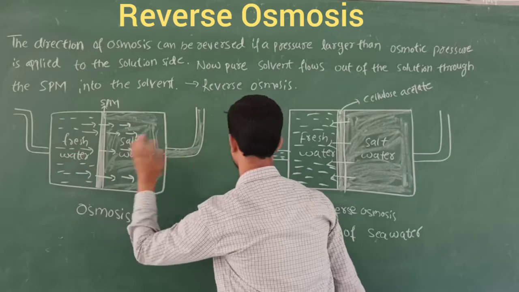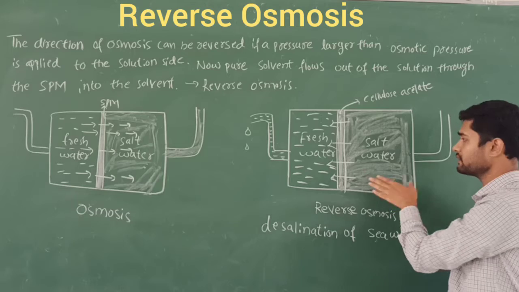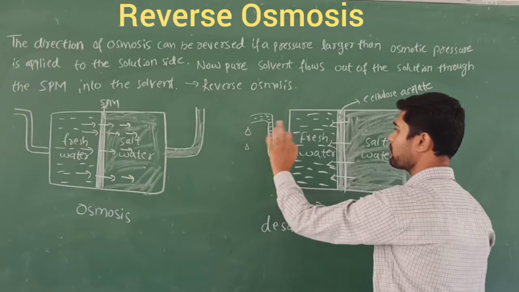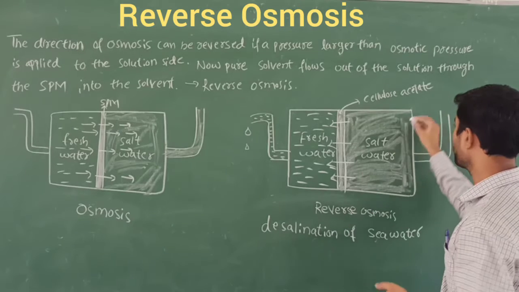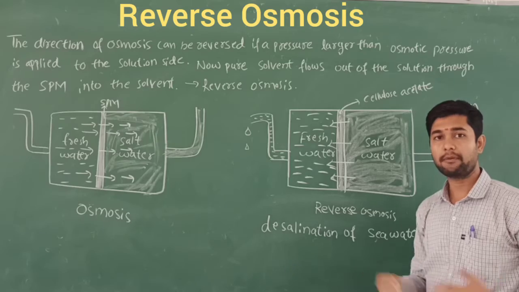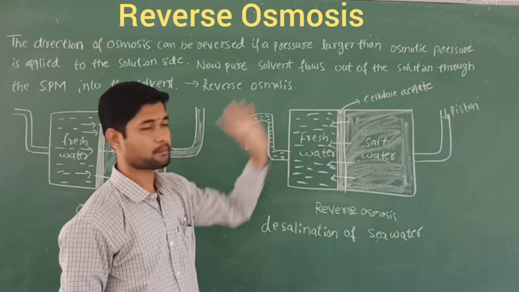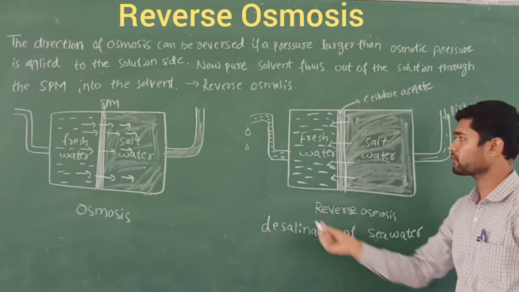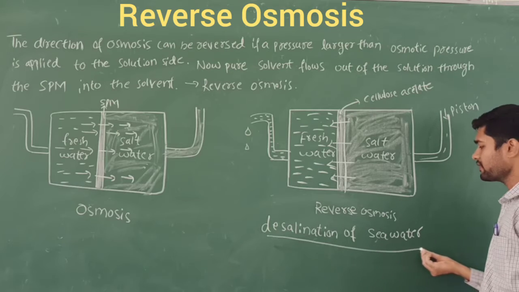Reverse means the flow goes like this, from the salt water to the fresh water. The salty water moves towards the fresh water, and this extra fresh water comes out as a droplet, which you use as filtered water. So what makes the flow reverse? You apply a piston, or a heavy pressure. That heavy pressure must be greater than the osmotic pressure. Under high pressure, the salty water moves towards the fresh water, and you obtain droplets of pure water. An example of this is the desalination of seawater.